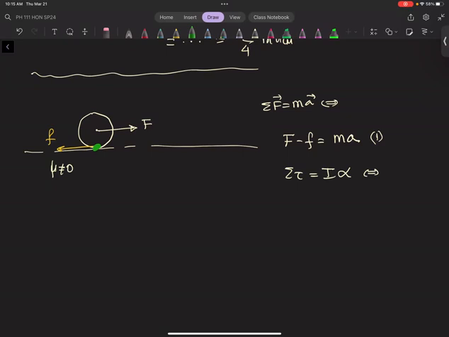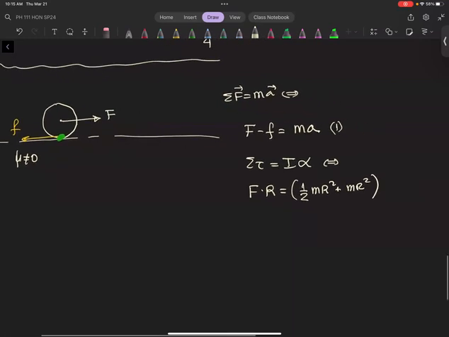Let's write it. What is my torque? Force times R equals moment of inertia. Careful here. What is the moment of inertia? Is the moment of inertia about the center of the disk or about the ground? We just did this 2 minutes ago. Say it. About the ground. That's right. Let's write it. Which is what? 1/2 parallel axis theorem plus mass R squared.